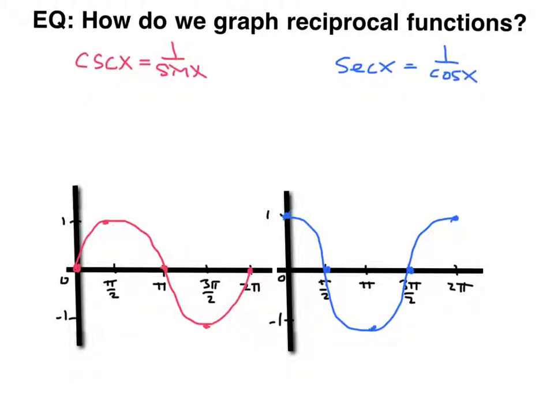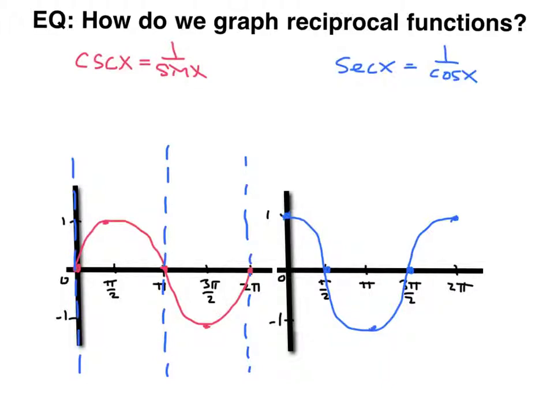So let's investigate these. Here, if cosecant is 1 over sine, well, if the sine value is 0, 1 over 0 is undefined. So here I actually have a vertical asymptote. Okay, and anywhere that the sine value is 0, you have a vertical asymptote. Okay, so if we continue graphing,